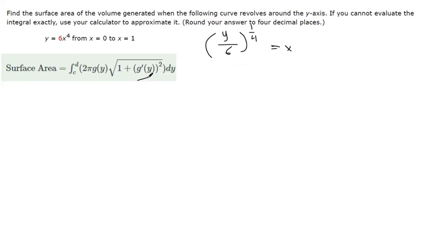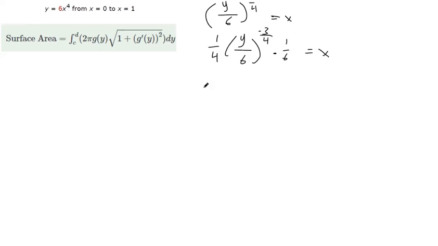So we need to take the derivative of g of y, so that's 1 over 24 times y. Yeah, I'm doing too many steps at once. Okay, so the 1/4 comes down. Power gets reduced by 1. And then we multiply by the derivative of the innermost function. So that's 1, 6, 12, it's 1 over 24,